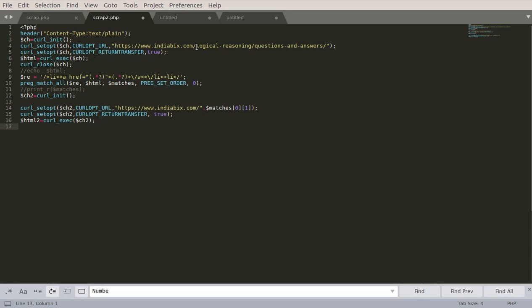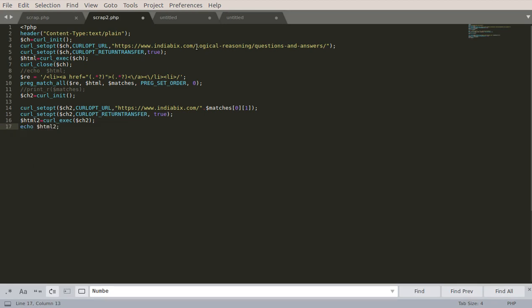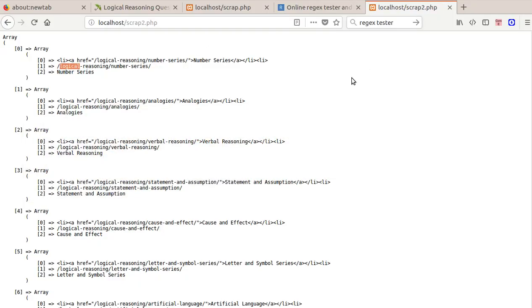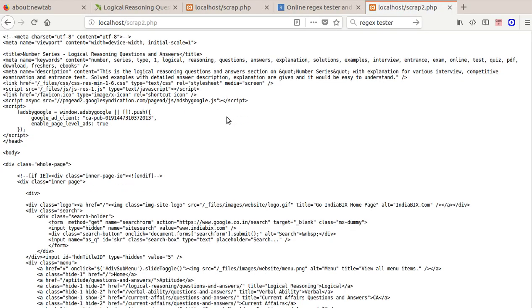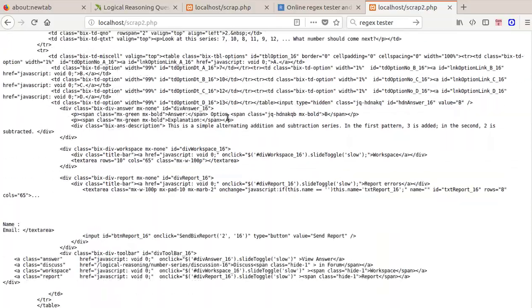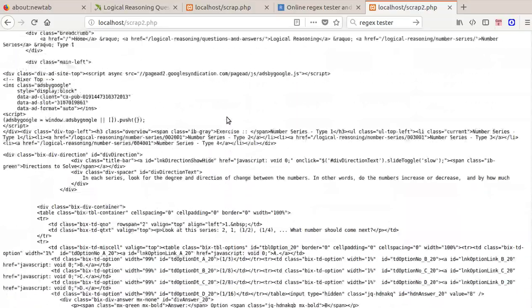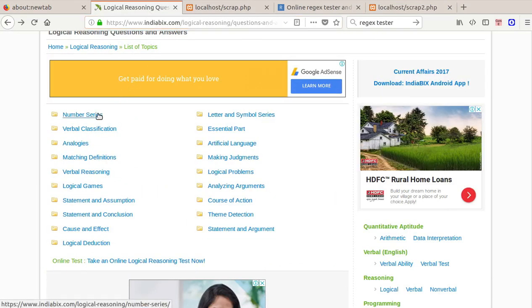Now let's print this. Let's see what I get. So run this code again, and here you see I got that pages, same page. Now I got the pages, internal pages, like here you see